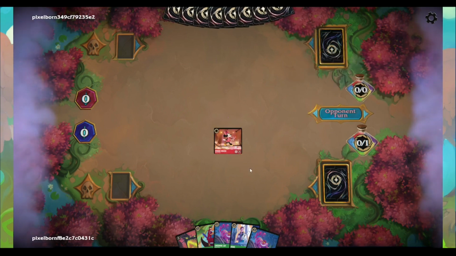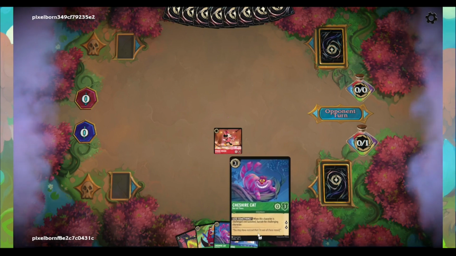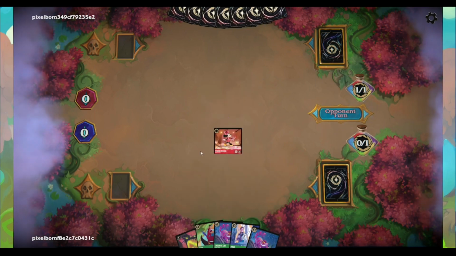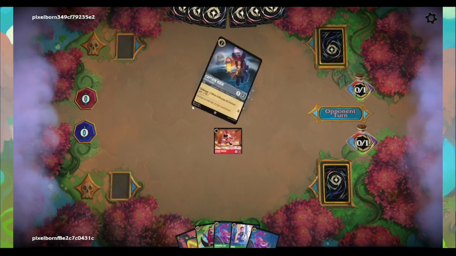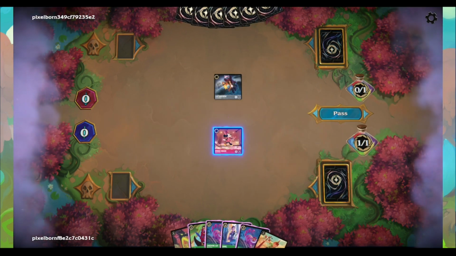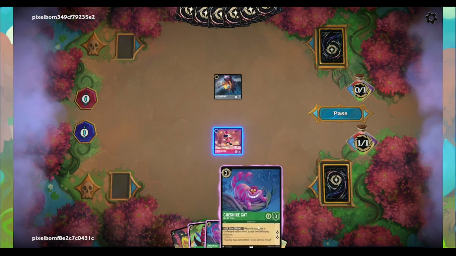Pass. Nothing we can really play on the second turn, but on the third turn we can get Cheshire Cat out to start getting us 2 lore, or we can get out Iago to start wasting their characters. We'll just have to see what they play. Looks like they played a Hans. Did they play Hans in there? I missed it. Captain Hook, okay. It's plus 2, so they're going to be trying to take out some of our characters with that. We could take...